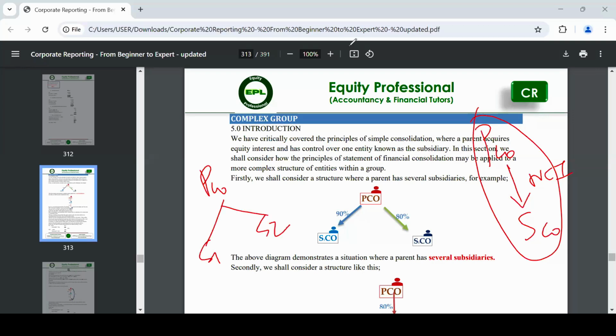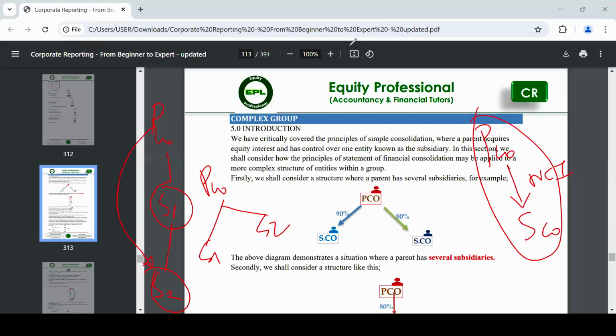Or you could have one parent who owns a subsidiary that owns another subsidiary, or who owns a subsidiary that is a parent to another subsidiary, meaning that we now have to calculate what was the effective interest.